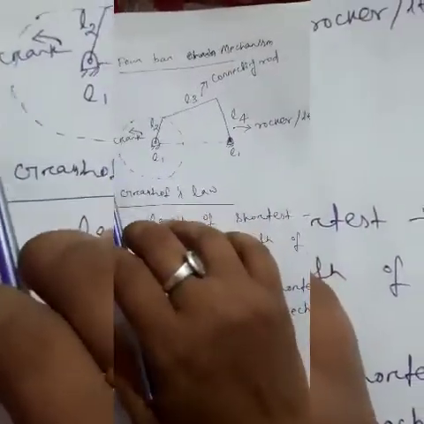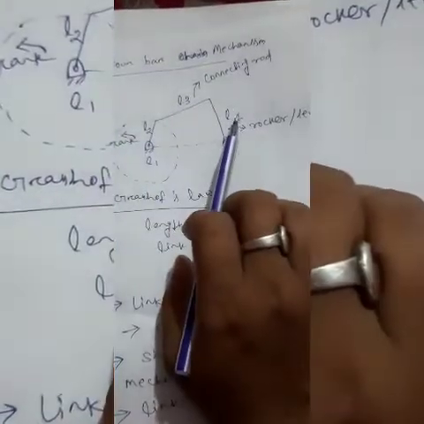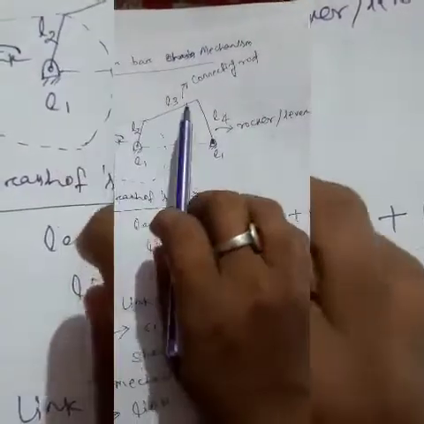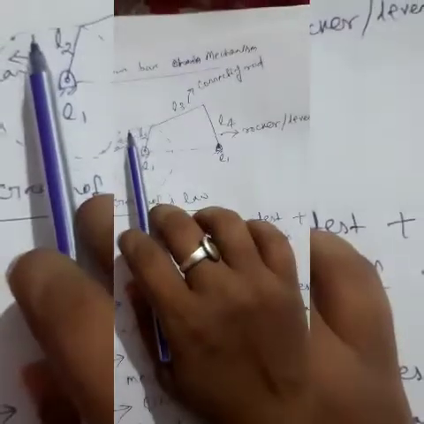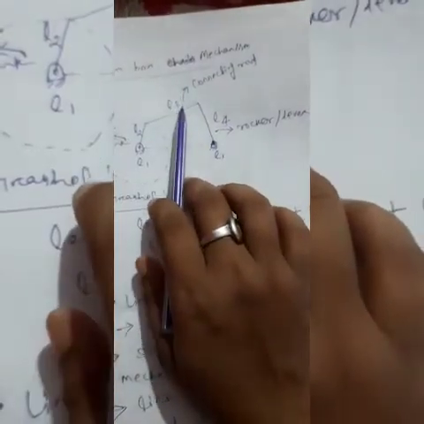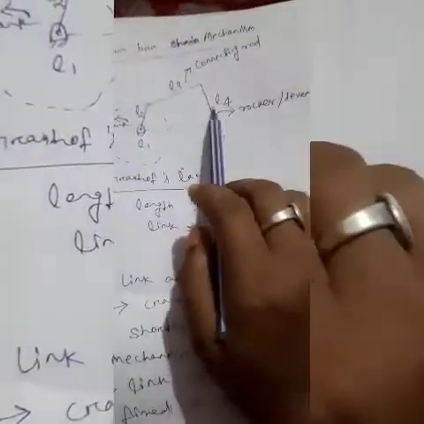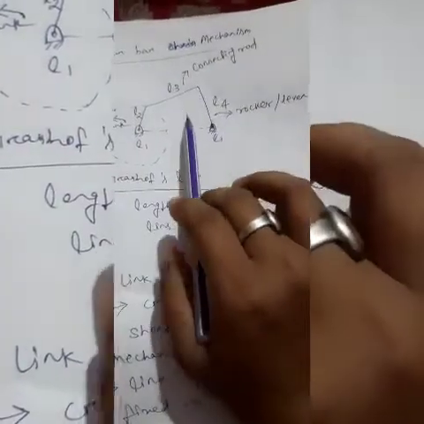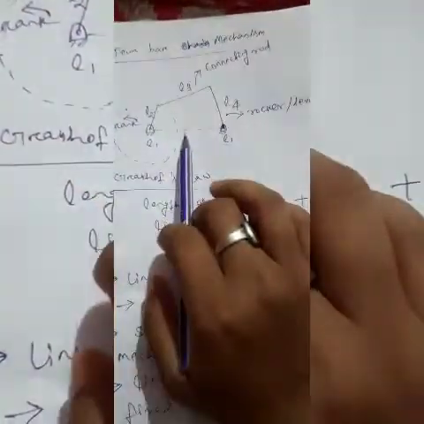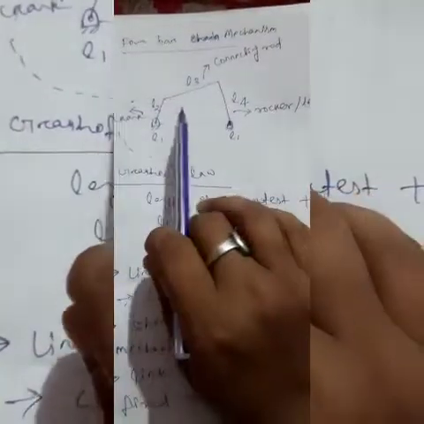So the link which is able to rotate 360 degrees, we call it a crank, and the link which is opposite to the crank, we call it a rocker or lever, and the link which connects the crank and the rocker and has oscillatory motion is known as the connecting rod, and this is the fixed link. Here the rocker is also a turning pair, it will also rotate, but it cannot rotate 360 degrees, but the crank will complete a 360-degree revolution.